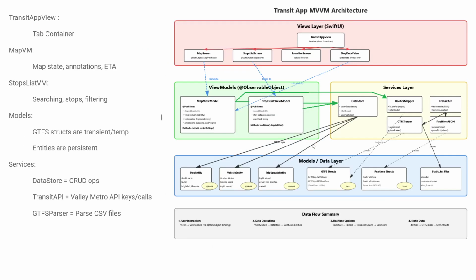In our model view model architecture, you can see in our top layer, we're going to start with our views. Transit app view is just the container that designates and separates between the different page views. It's going to open a map screen as the default. Once again, you can navigate to the others through the search bar, and then the details page or the map page can be used to